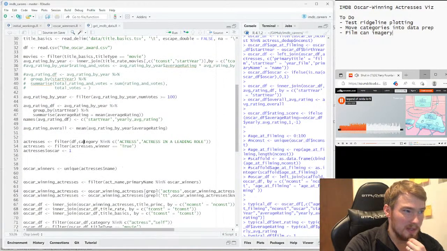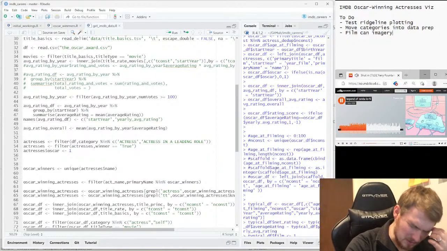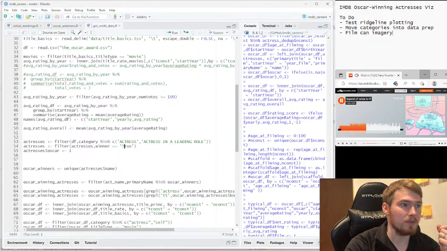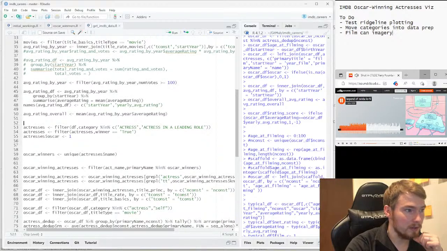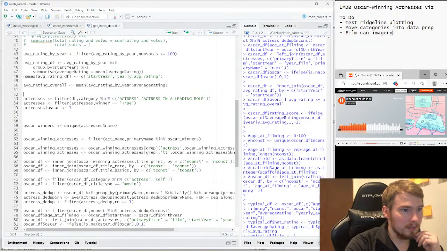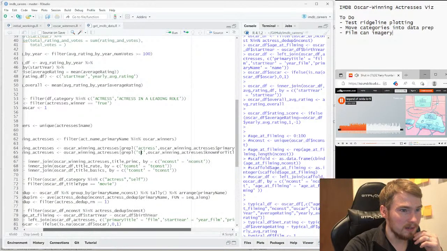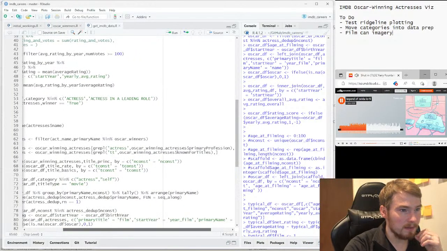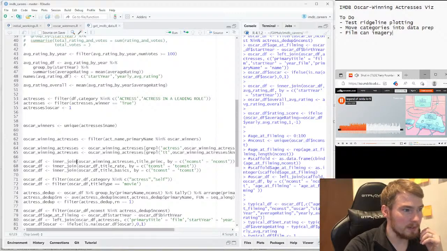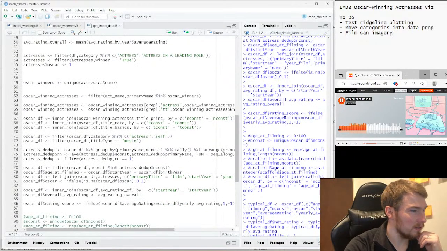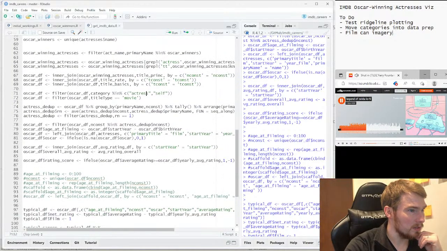We were then combining it with the actual Oscar data to see that they were an actress, and they were a winner, or voted for an actress, and that we wanted them to be an actress in the film, just in case. I'm not 100% sure on that one, but we would then join everything together, filter actresses, then deduplicate any actresses.